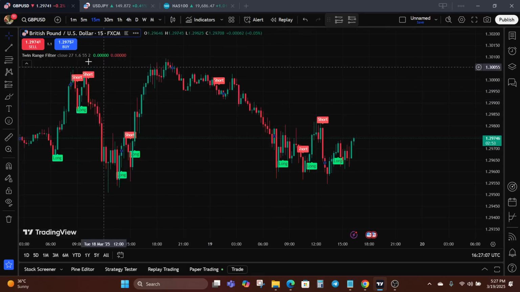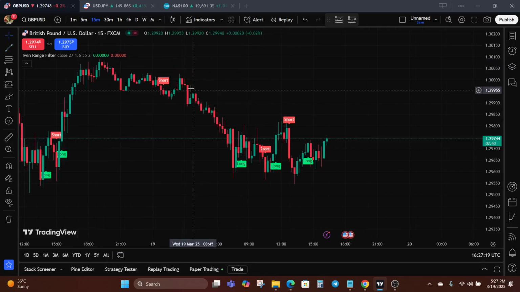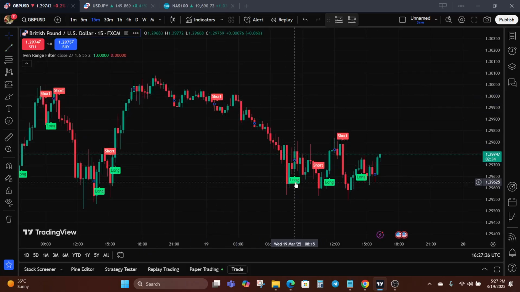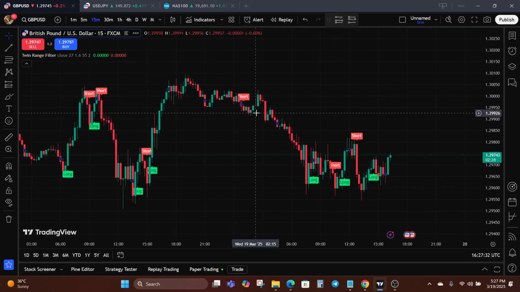What you have to do is, in my opinion, combine price action with the signals. The short signal is for selling, the long signal is for buying. So when you have a short signal, make sure that there is confirmation from candlesticks or chart